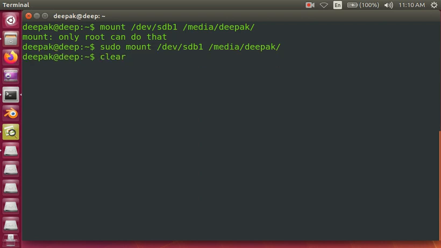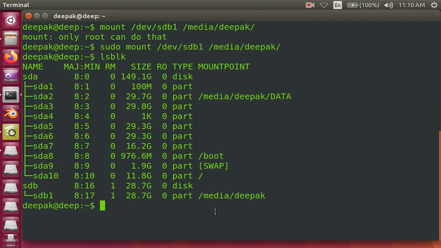Now if I check lsblk, see, now we can say that it is mounted at whatever location I have specified in the command. This is how we can use the mount command. Remember that in order to use this mount command, you must be a super user. Then you have to have access to this file, and then you should specify the correct name here. If anything out of these goes wrong, your algorithm or your system call will fail.